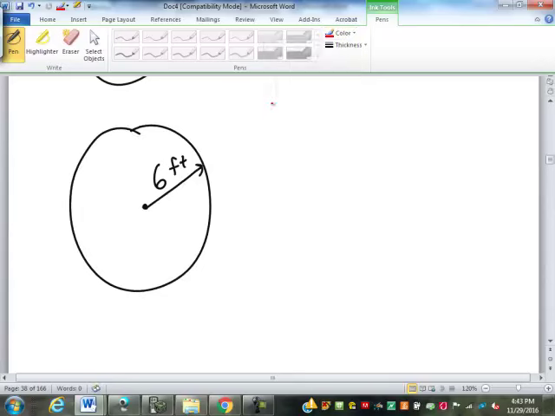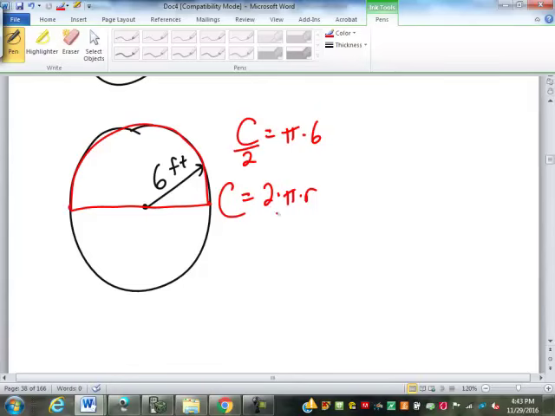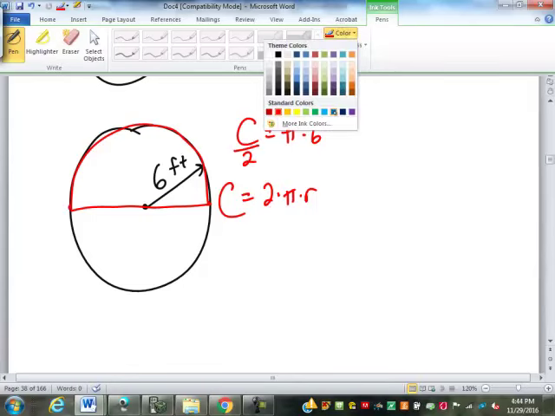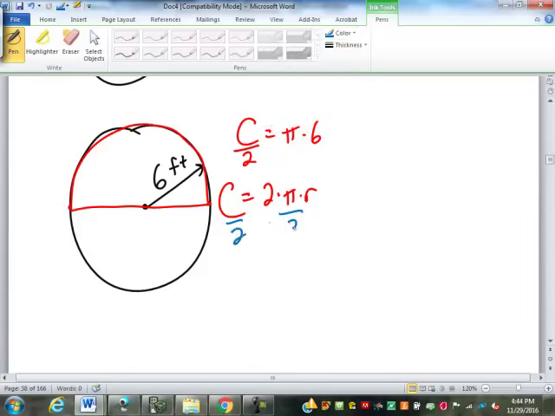I realize I just gave you the exact same radius. What if I wanted to find the distance around half the circle? That'll be pi times just the 6, right? Why can I do that? Well, because 2 times pi times radius would be the whole circle, the circumference. I want half the circumference. So dividing that by 2, you just cancel out the 2. So pi times radius. The reason I'm pointing that out is the next thing we're going to talk about is